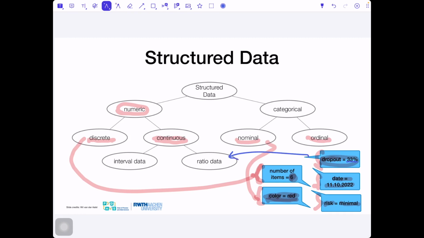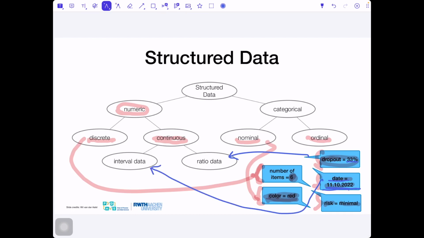Now let's go to the next example, date. What about the date? Is it numeric or categorical? Rather, I would say it's numeric, because you can see the numbers and we can put the date in order. But the point is the date is quite complicated. The date is numeric and continuous, but it is interval.